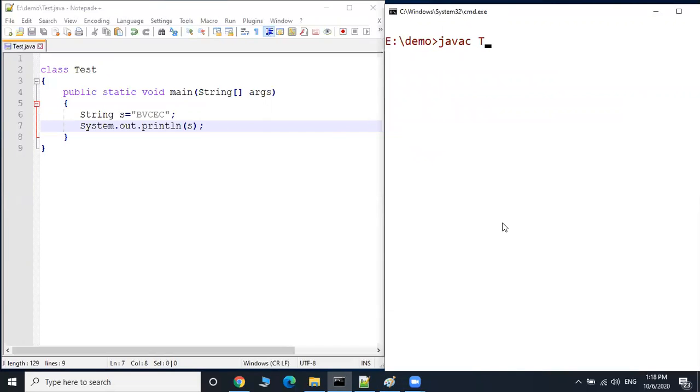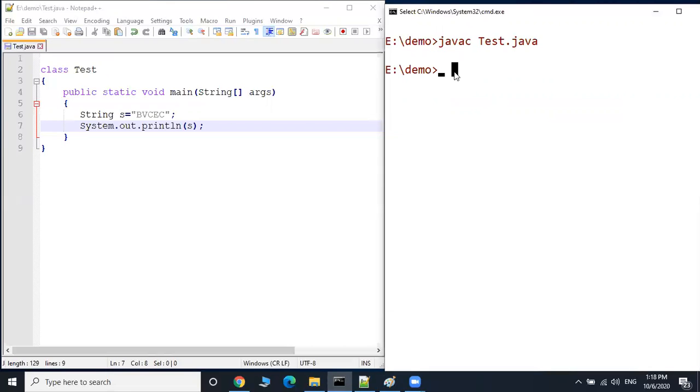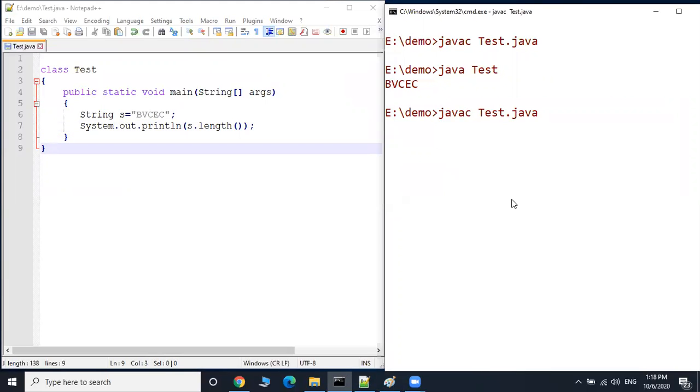Javac Test.java, and java Test. Now the string value BVCEC will be printed. Similarly, you can also find out the length of the string s, that is s dot length returns the length of the string.